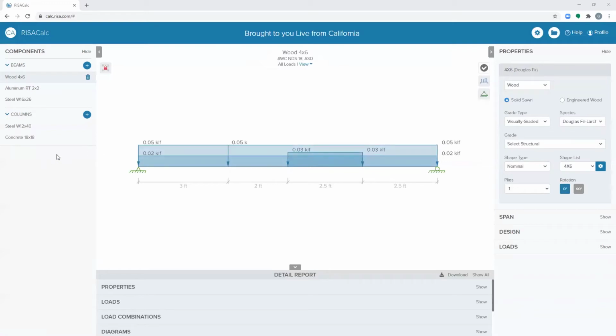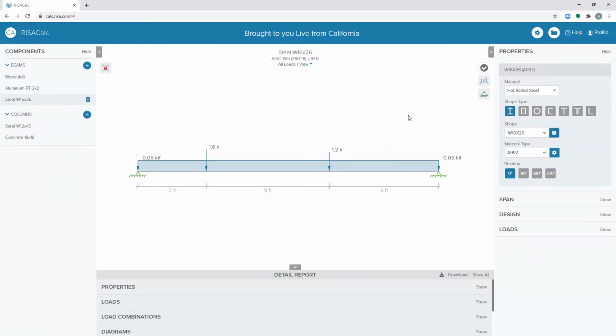Our next release coming up will actually include steel joists. So I'm very excited for that. And our development team is also working on steel and concrete composite beams. So if any of those components interest you, feel free to send us an email to support@risa.com, and I would be happy to add you to that mailing list. That way, as soon as we have those components available, you can come take a look.